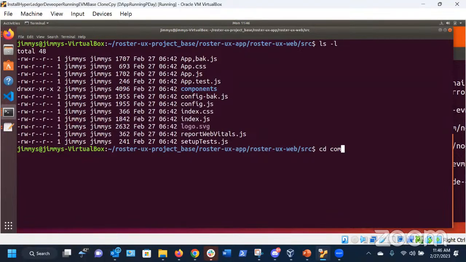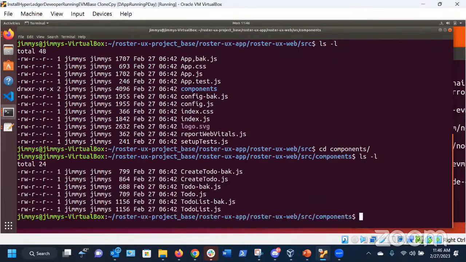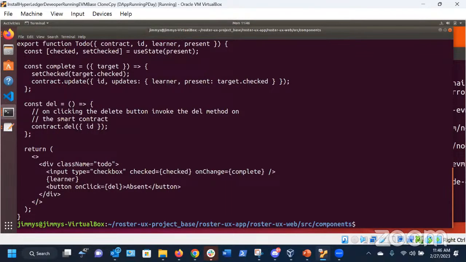So let's go into the components. As everybody knows, React.js has these components, which will be part of our web pages. So again, if we look here, let me just cat this briefly. I don't want you to walk away saying, oh, I have to know all of the source code. I have to know all of the JS. You don't. But what we do want to know is,